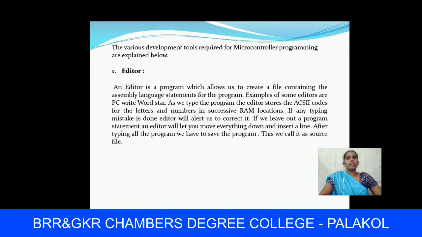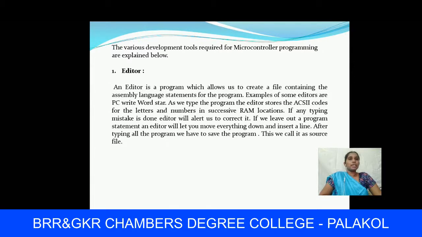Here are some of the development tools required for microcontroller programming, explained below. These are the tools used to write the program. The first one is the editor. An editor is a program which allows us to create a file containing the assembly language statements for the program.